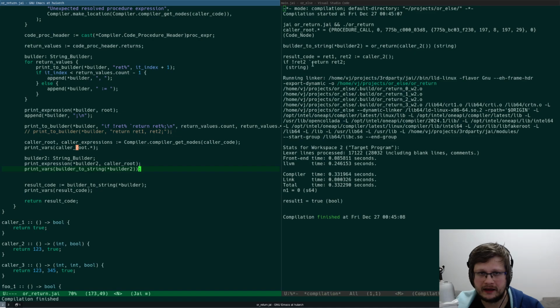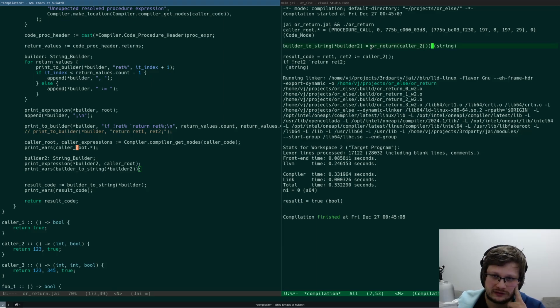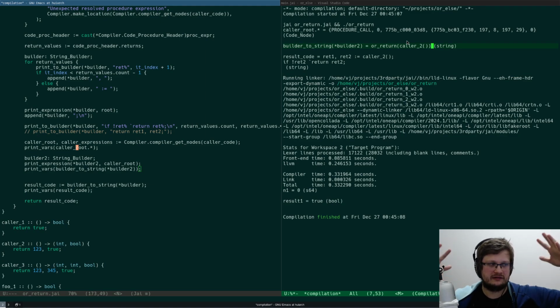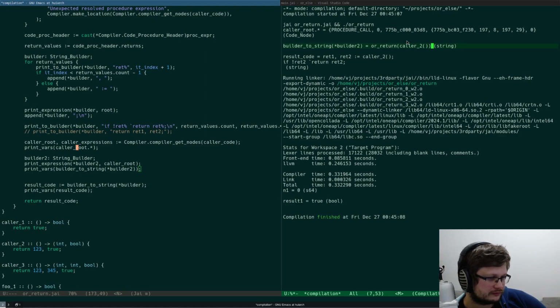Or return color 2. Yeah, so this is a color code. This is the code that calls our macro, and I wonder if there's any way to somehow go up, like up one more. You know what I mean? That would be the last step to fully prove the theory.